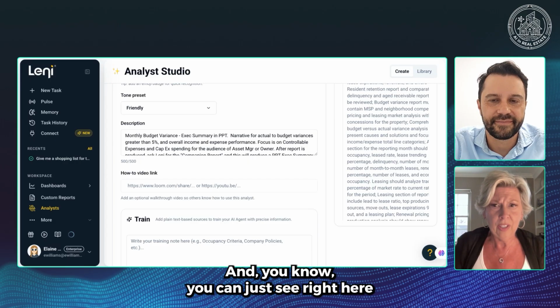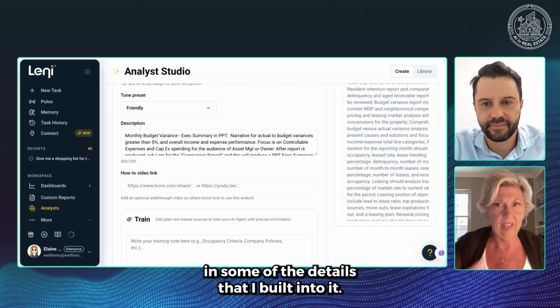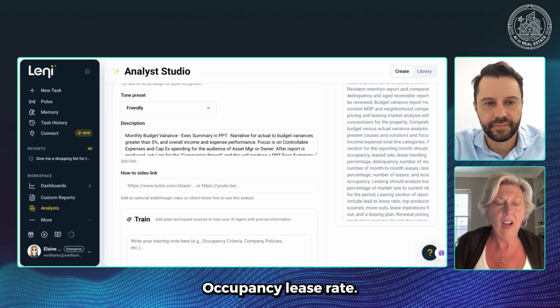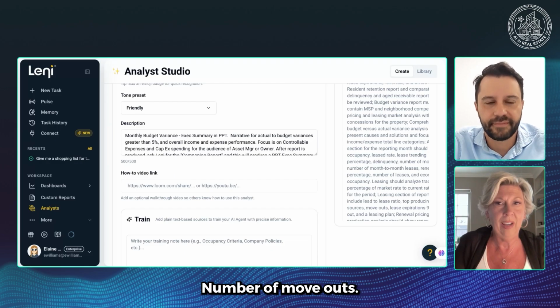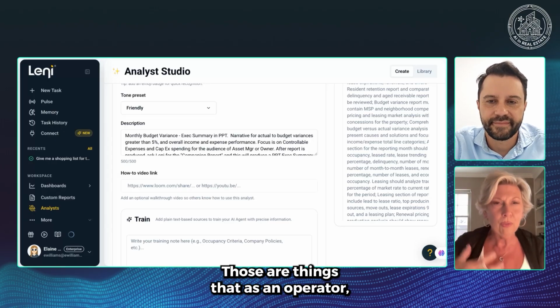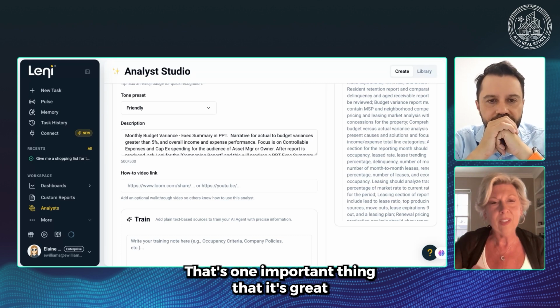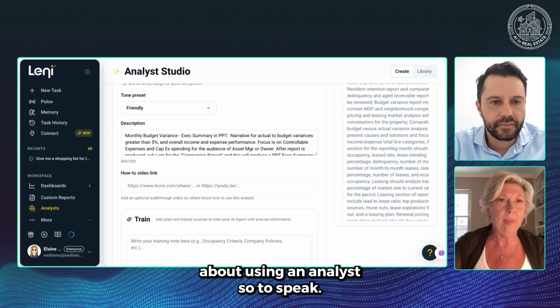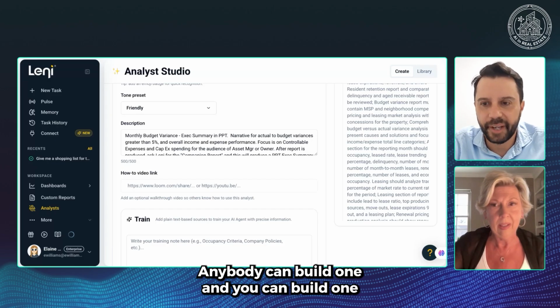And you can just see right here in some of the details that I built into it: occupancy, lease rate, lease trending percent, delinquency, number of move-outs, number of month-to-month leases, renewal percentage, number of leases, economic occupancy. Those are things that as an operator you know, right? And so that's one important thing that is great about using an analyst, so to speak. Anybody can build one, and you can build one because